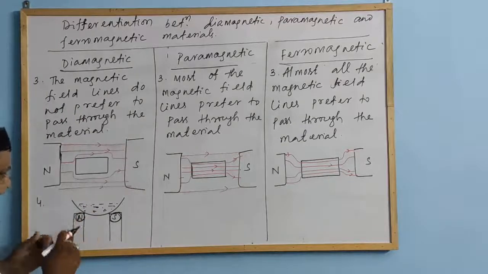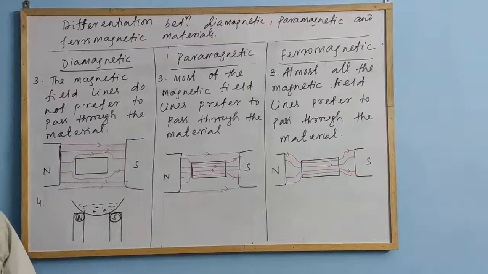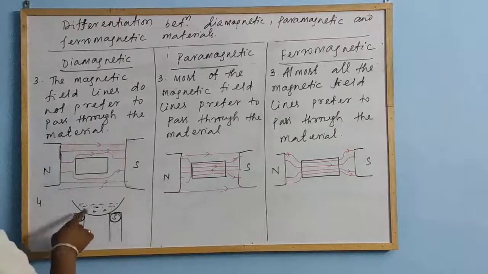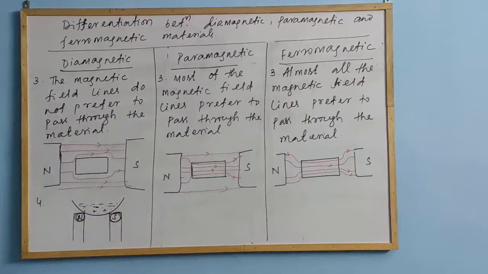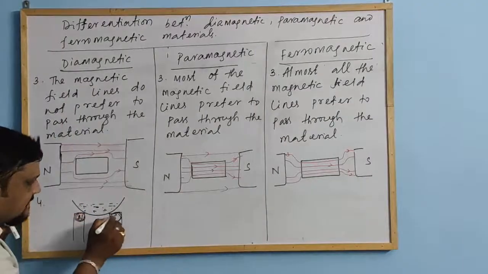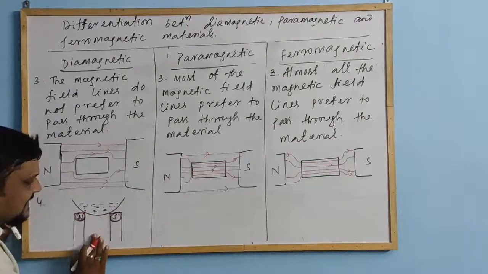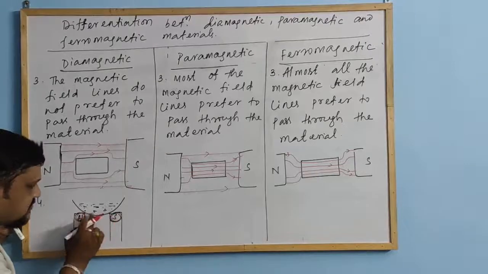Here the magnetic field is stronger, because as you know, near the pole the magnetic field is very strong. So these two magnetic poles are placed like that, and a watch glass is placed over it. On this watch glass, we have taken the diamagnetic material in a powder form. If we place it like that, it will not collect like that. What happens here? Diamagnetic materials are repelled by the magnetic field. Where is the magnetic field stronger? In this region, the magnetic field is stronger.